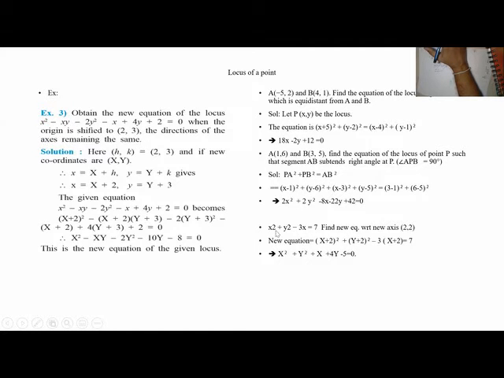Now we are given x square plus y square minus 3x is equal to 7. Find a new equation with respect to the new axis. In place of x, I have to put X plus 2. In place of y, I have to put Y plus 2. So the new axes are capital X and capital Y. The small x, y equation converts into a capital X, capital Y equation. Okay, go to next.